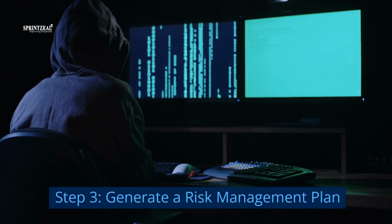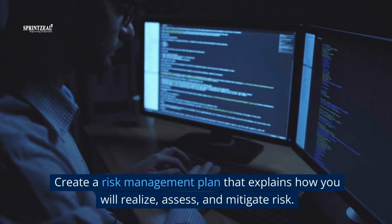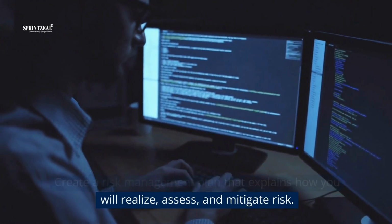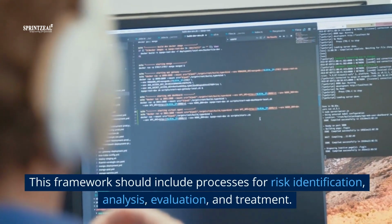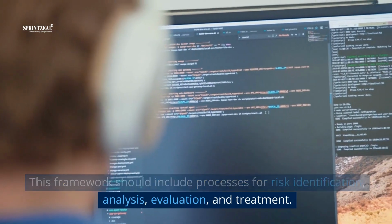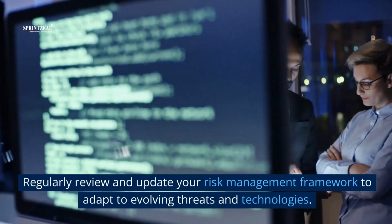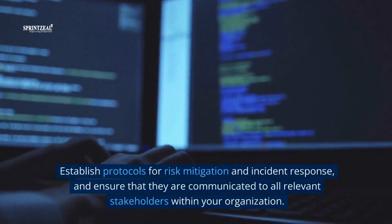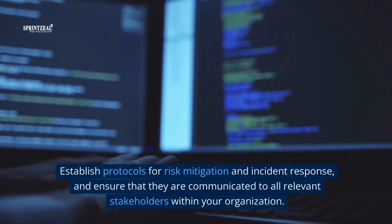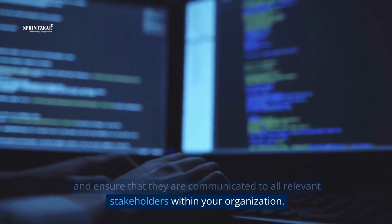Step 3. Generate a risk management plan. Create a risk management plan that explains how you will recognize, assess, and mitigate risk. This framework should include processes for risk identification, analysis, evaluation, and treatment. Regularly review and update your risk management framework to adapt to evolving threats and technologies. Establish protocols for risk mitigation and incident response, and ensure that they are communicated to all relevant stakeholders within your